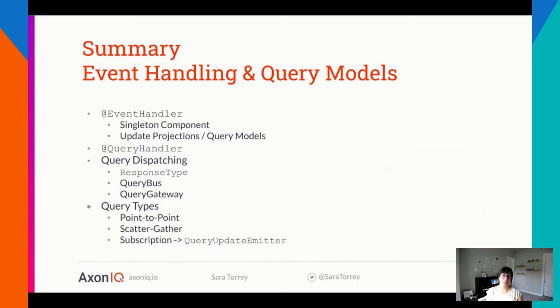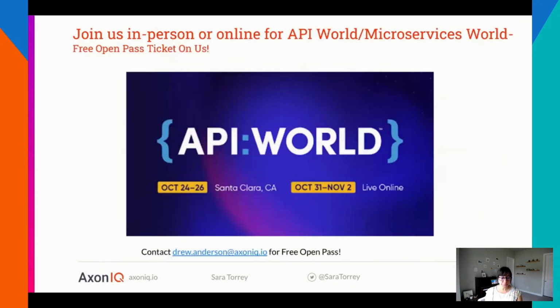We then talked about the query side of things, which are then dealing with the published events that are coming from the command side to update your query model. We talked about various types of queries, being point-to-point, scatter-gather, or subscription queries, and basically put everything together to make all of these rather abstract conceptual models into more practical ways of looking at them in your business side and also in your code.